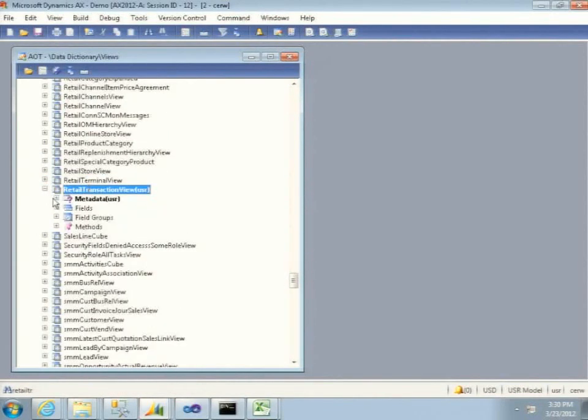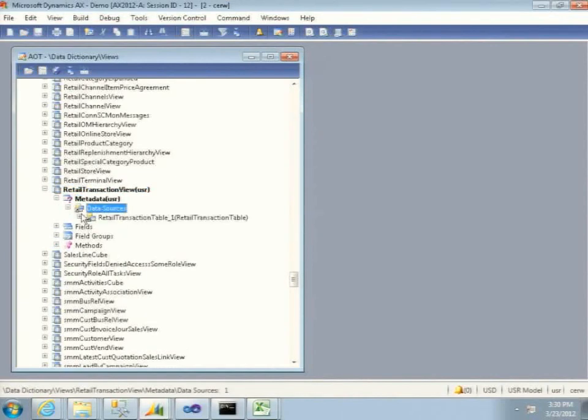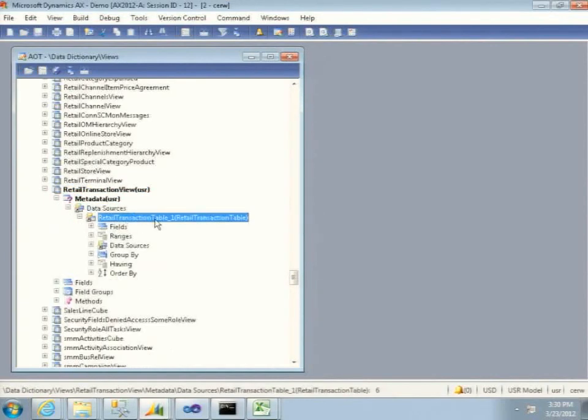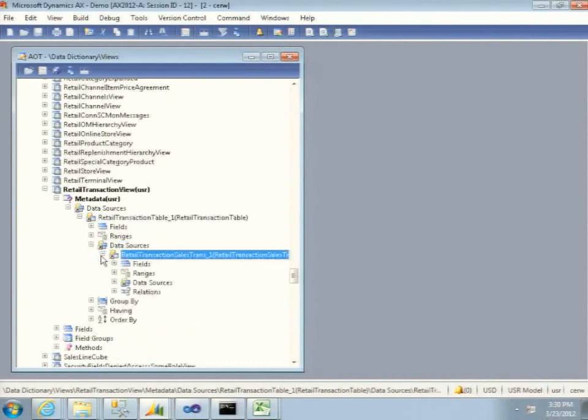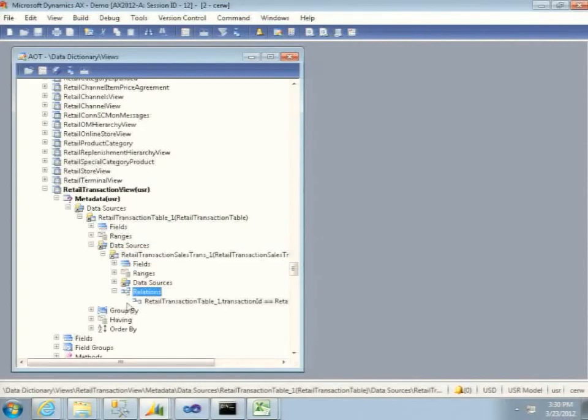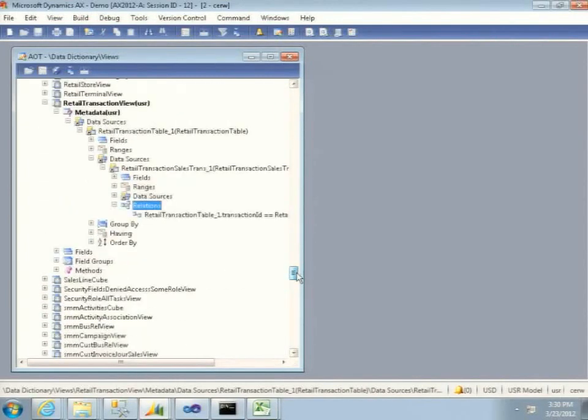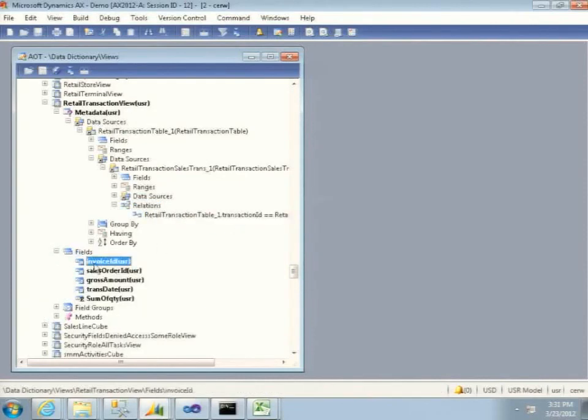So this is more like a drag and drop effort. You add this transaction table, you're adding this transaction sales trend table here, create a relationship, specify which fields you want to make available. The invoice ID, sales order ID, the total amount, anything you want. Also, you can do maybe the sum of the items, how many items in that transaction. Once you've done that,